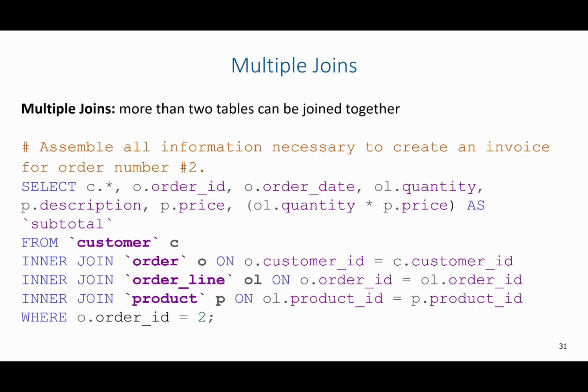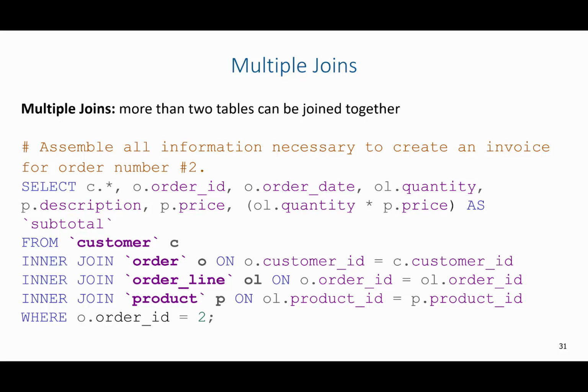So in the from clause, you can see I say from customer, I give it an alias of C. Then I do inner join order with an alias of O on O.customerID equals C.customerID because order connects to customer. Then I'm going to inner join order line with an alias of OL on O.orderID equal to OL.orderID because order and order line are connected. And then finally, I'm going to inner join product P on OL.productID equals P.productID because product and order line are